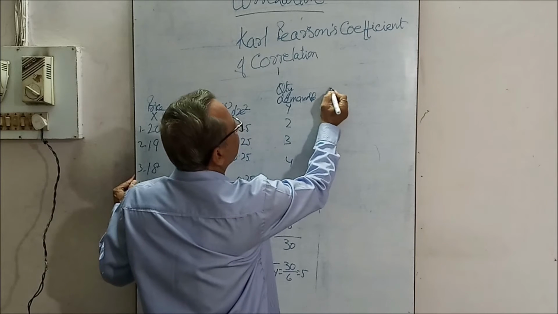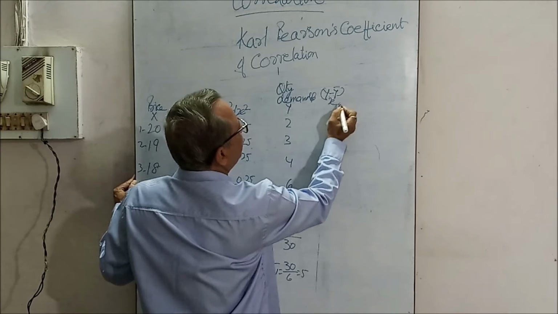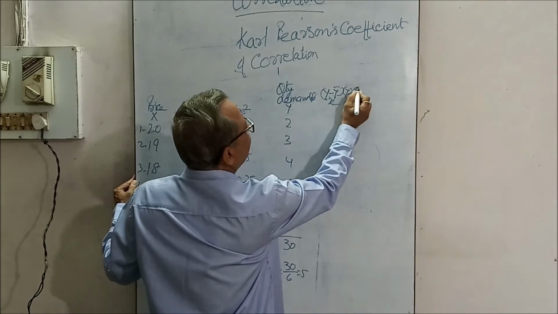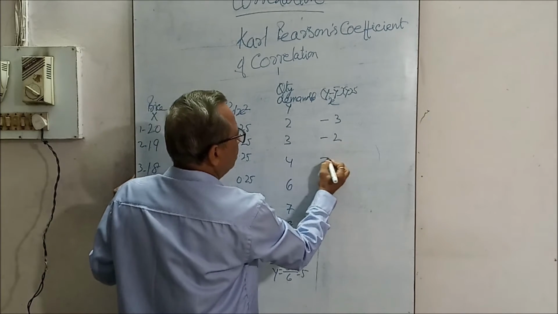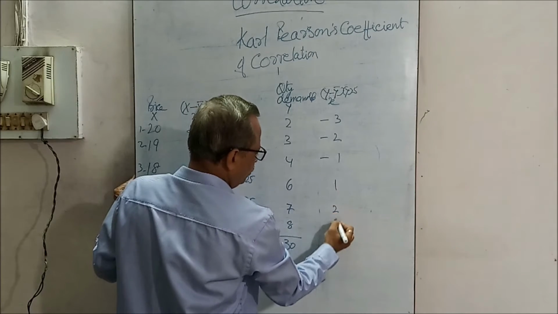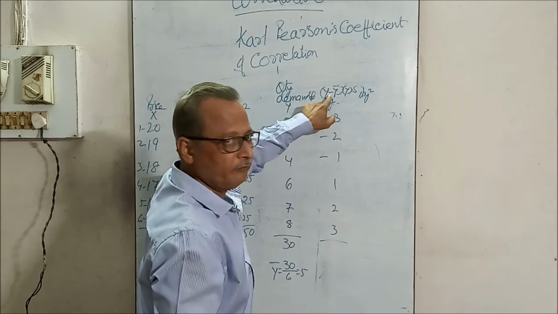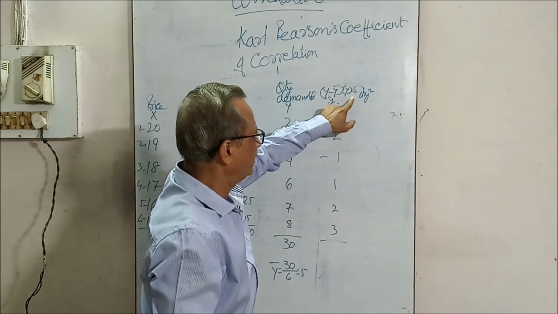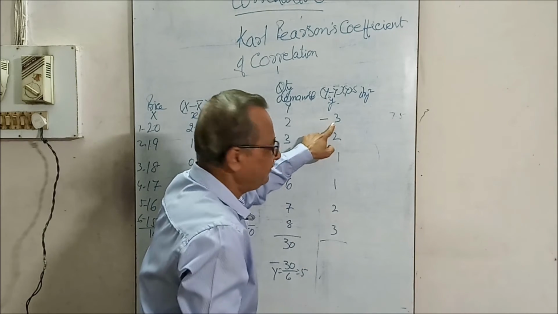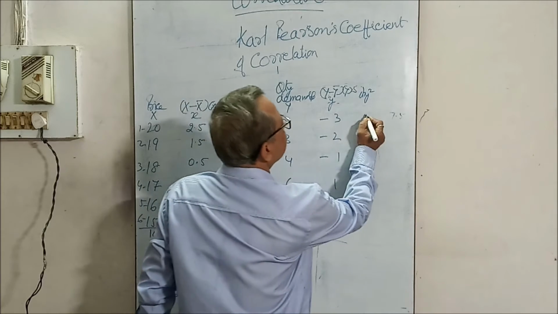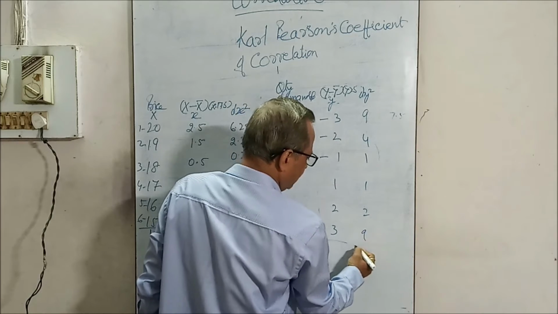That is y minus y bar equal to y, and y bar is 5: minus 3, minus 2, minus 1, 1, 2, 3. This y we have got by taking the size of item minus y bar, which was 5, and then we found the deviation. Now this deviation should be converted to square. 3 3s are 9, 2 2s are 4, 1 1 is 1. Total is